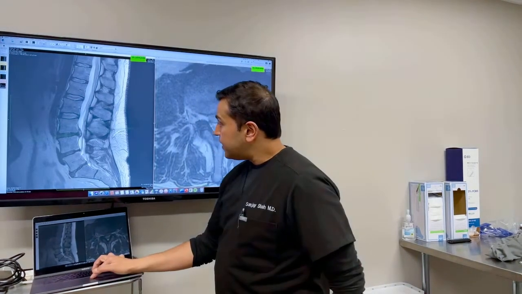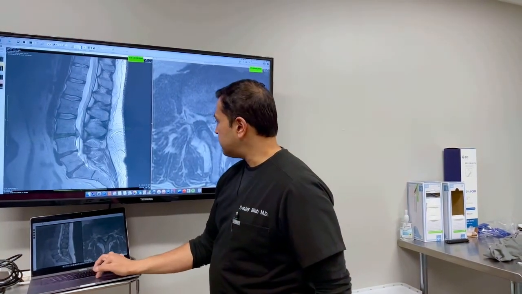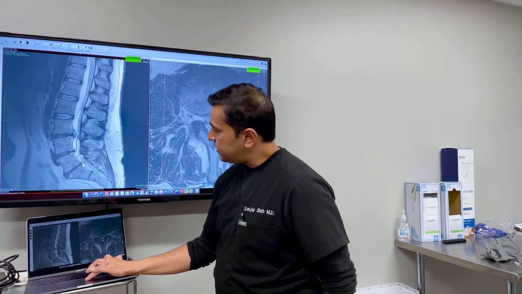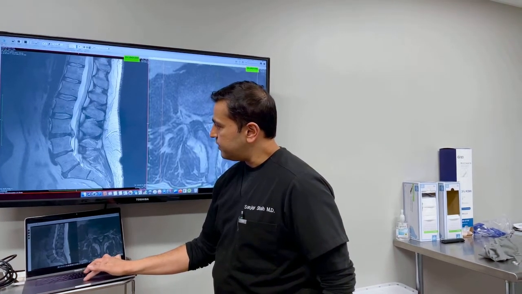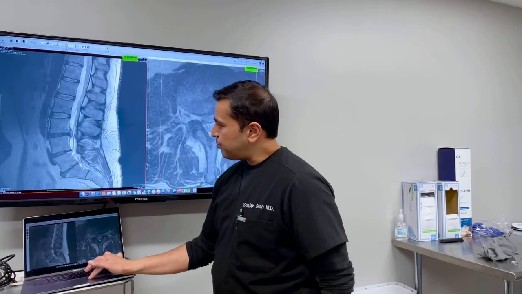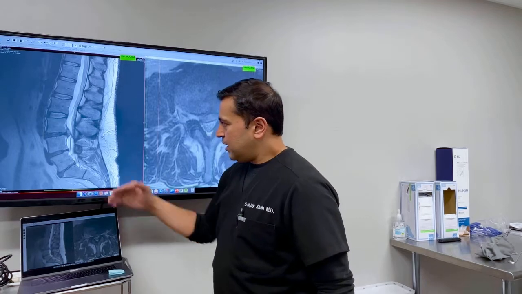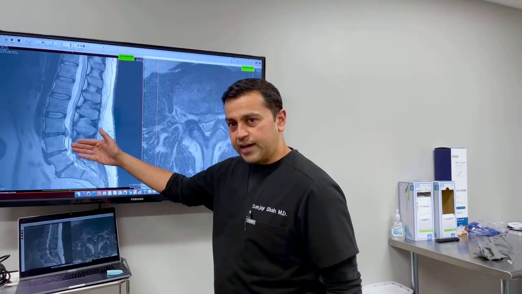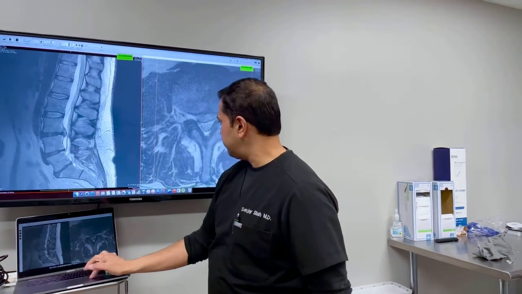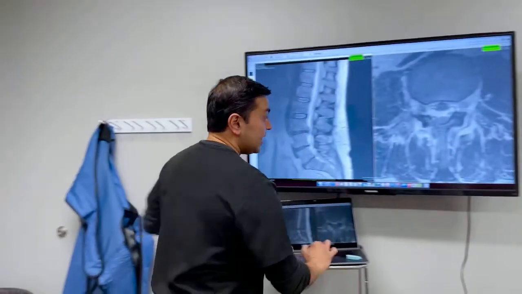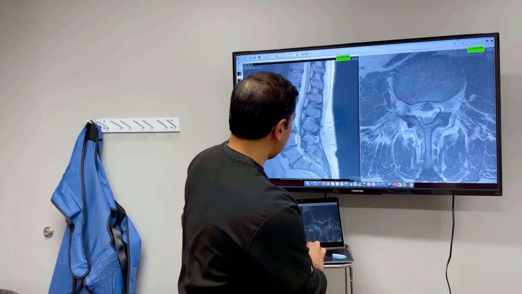Now, as we go down, I'm going to use the pointer on this side. As we go down, you can see that there's a big herniation over here at the L3-4 level, and that's pressing the spinal cord. It's pressing the spinal cord right here. We're looking at the image from the side. Now we're going to take a cross section of this image. So I'm going to pan over to this side over here, and you can see on this image